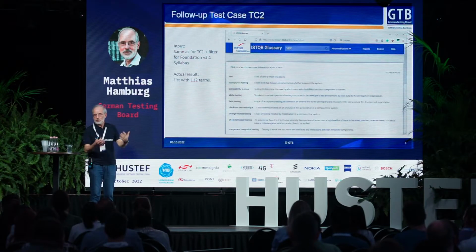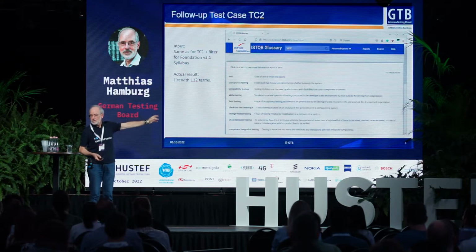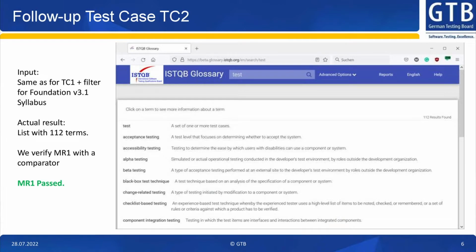And I run a comparator, and I prove that there is nothing which was not in the previous list. So this looks also very nice. Okay, so metamorphic relation 1 has been verified. It's confirmed, it passed. But now I turn this test case into the source test case of the next relation,